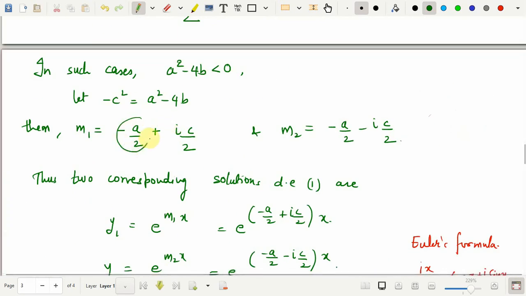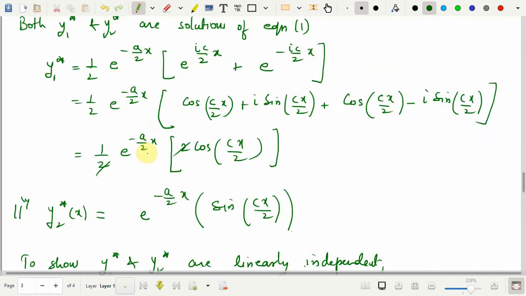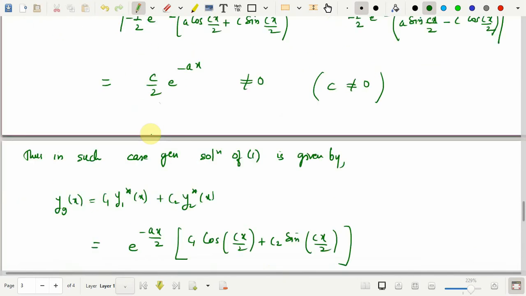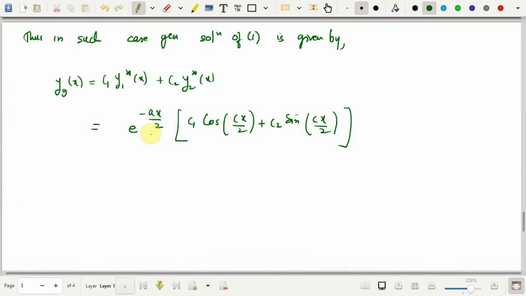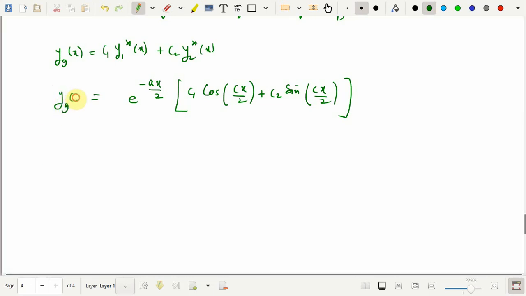Now basically, if you look at the real and the imaginary part, minus a by 2 is your real part and c by 2 is the imaginary part, and if m1 is one root, in this case its conjugate will be the other root, so there will be a difference between the sign, but you just need to know what the real and the imaginary part are. So even if you change the sign, that won't make a big difference, I think. So what you can do now, I'll give, in a nutshell, how the solution would look,